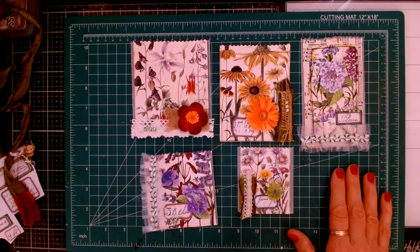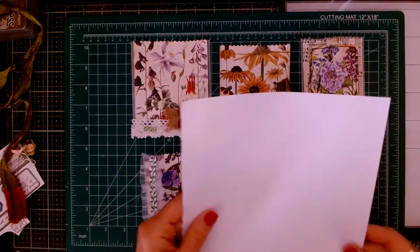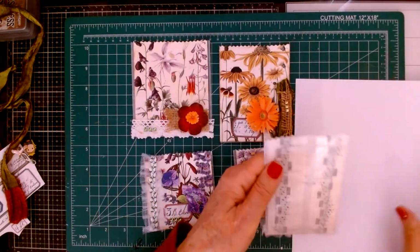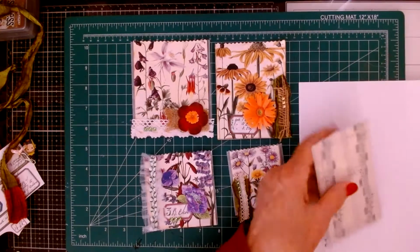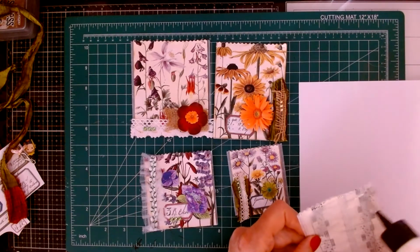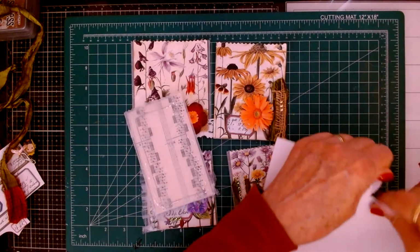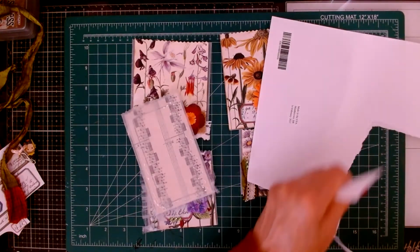Oh, I did want to back these up with, I can even do this off camera. I'm already almost at 40 minutes, and I don't want this to be too boring. What I can do is just rip the paper, or just glue them down. Oh, this already has, I think that's what I'm going to do. I'm not going to go all the way to, oh wait, what am I doing here? I think what I'm going to do is just put,